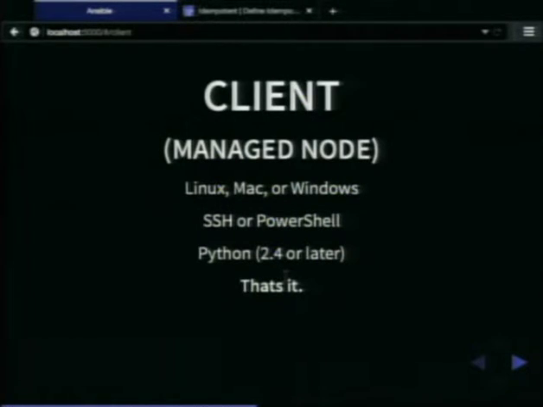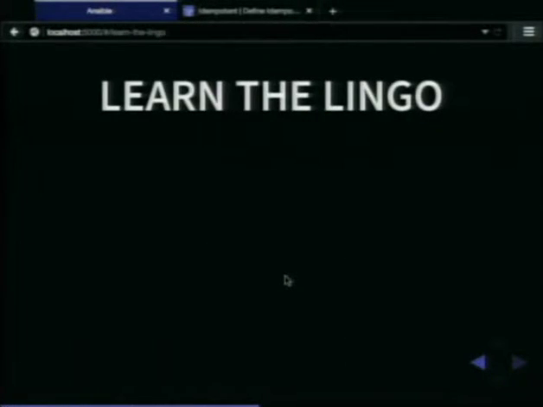I mentioned at the top about a home lab. If you're trying to configure, to manage a home lab, you can do it by hand, individually. That's fine. Or you could do it through Ansible. The benefit of that being that now you have something that you can always reset. It's one of the things we love about virtual machines, right? Something goes wrong, especially on a lab machine, reset. Ansible will give you that functionality. So let's learn some of the lingo.